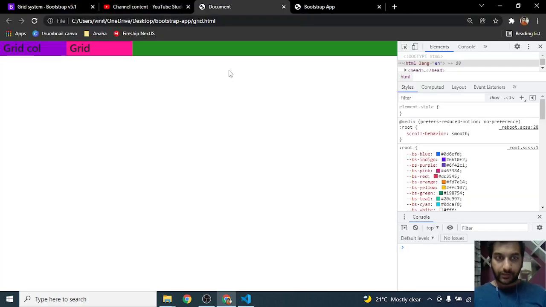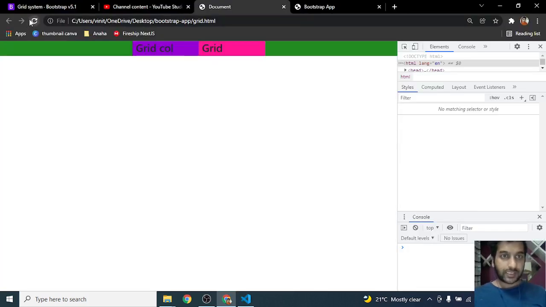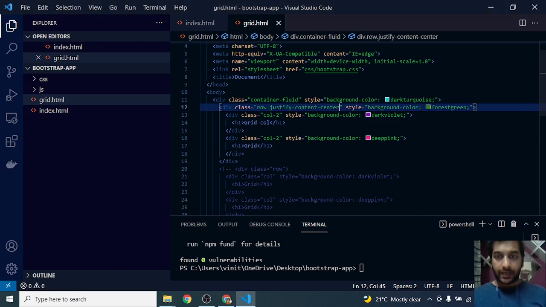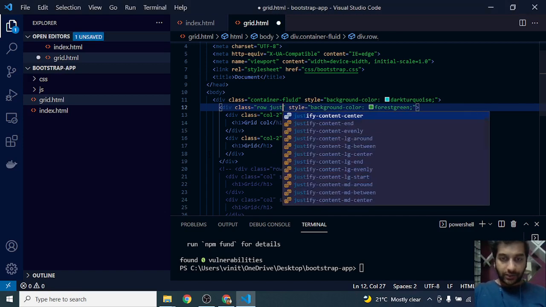That's the one I'll use. Okay, let's refresh and see how the screen looks. So the row is still taking the entire area of the screen, but adding the columns at the center of the screen, right?